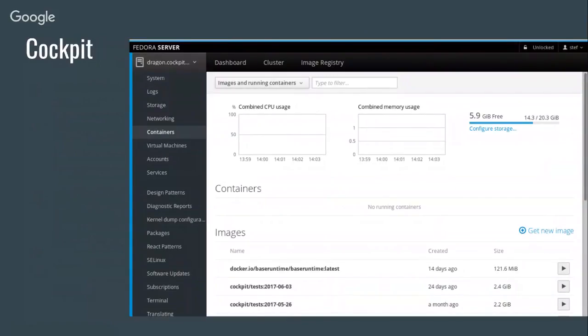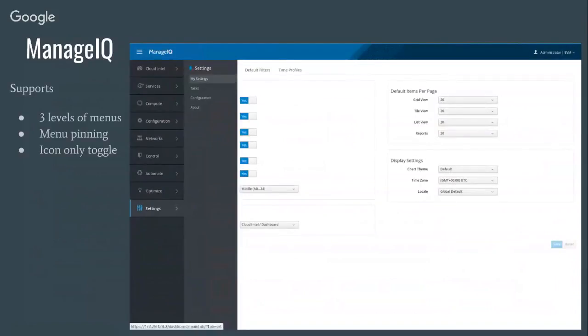So Cockpit has a little bit of a twist with vertical nav as far as Patternfly is concerned. It has a context selector at the top with main navigation on the left-hand side. If we go to the next screenshot, we'll show Manage IQ. Manage IQ went from horizontal navigation to vertical about 1.5 years ago. I would say that upstream and in some initial